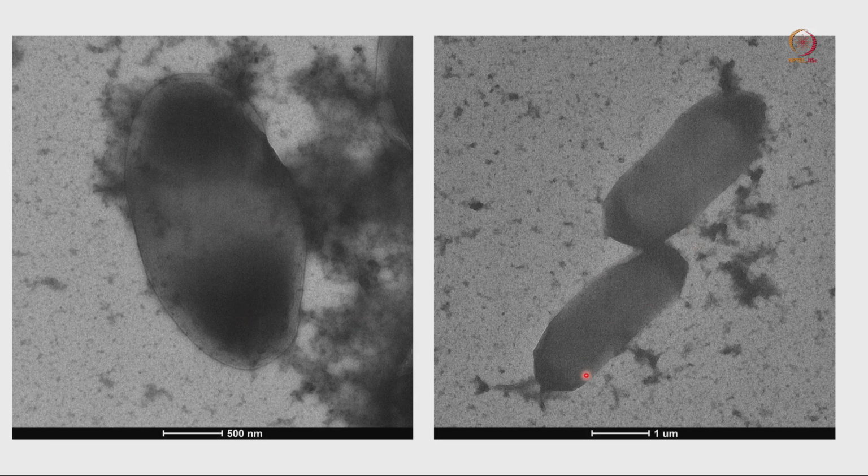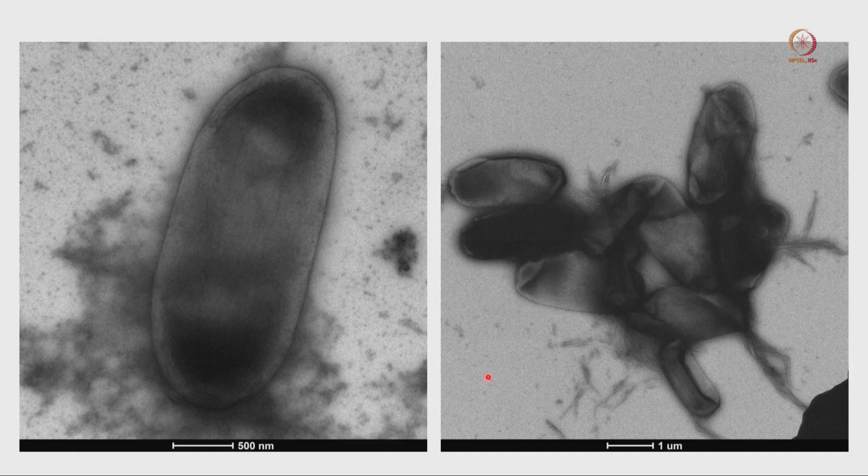The similar type of image is here. Here you can see there are two bacterial cells, they are connected, and some kind of peptide density appears near the cell. So you can see there is peptide density which is targeting the bacterial cell and damaging the bacterial cell membrane. Now if we go to the next one, here you can see another bacterial cell where the membrane is clearly visible at different positions. So I can say this is a good stain.